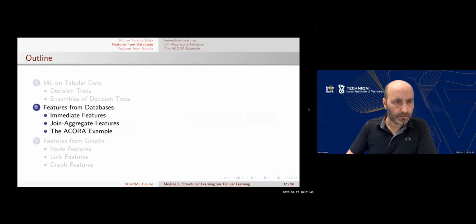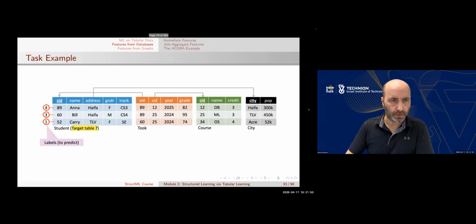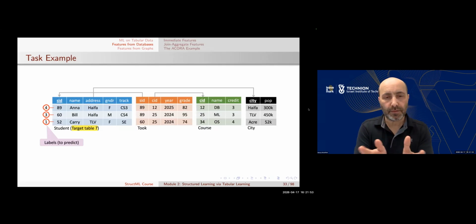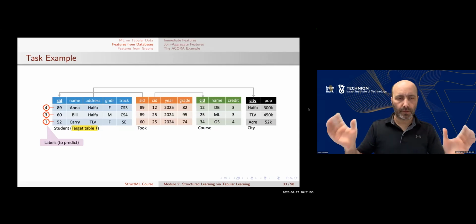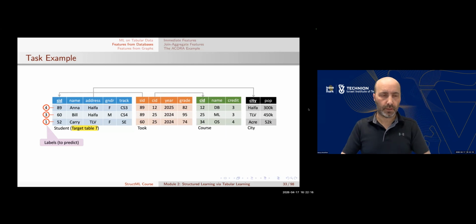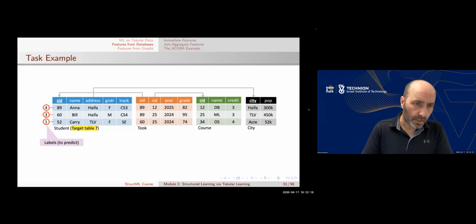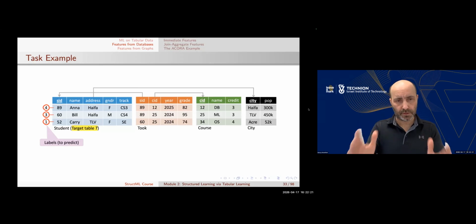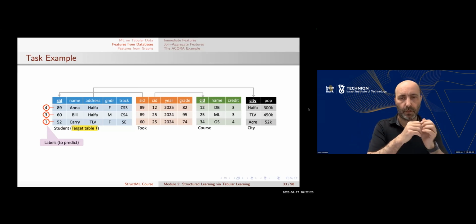The next part talks about feature generation from relational databases. Here's an example of what we're going to see. We have a relational database, and one of these tables, the students table, is the one where we're going to apply prediction. Here we wish to predict, for example, the year of a student. For a student Anna 1889, we guess that it is 4, and so on. So we have a target table, and we have a label for each row,